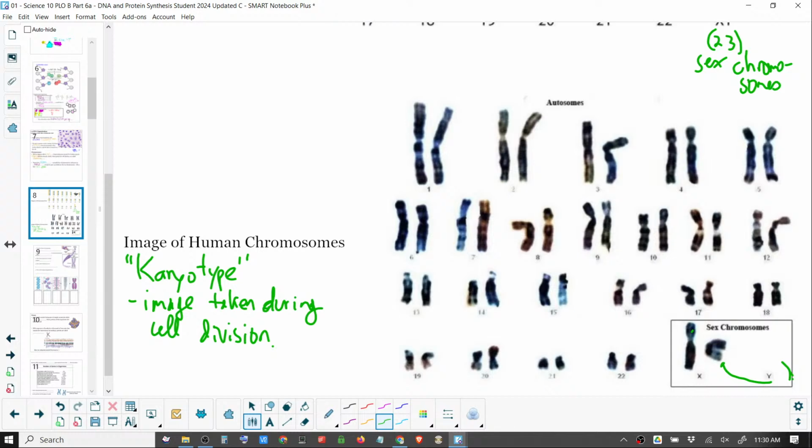Now, to belabor the point, you would get one chromosome from mom, biological mom, and one chromosome from dad. And you may think I'm being a little silly to keep emphasizing bio,